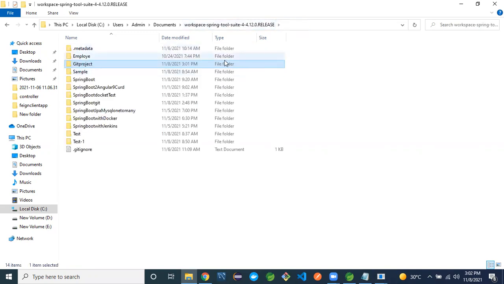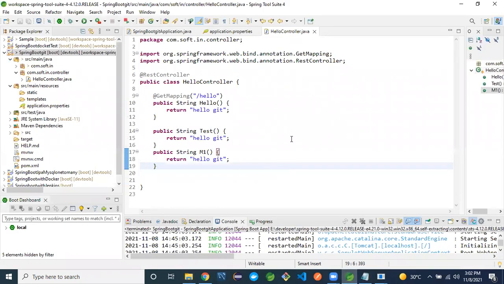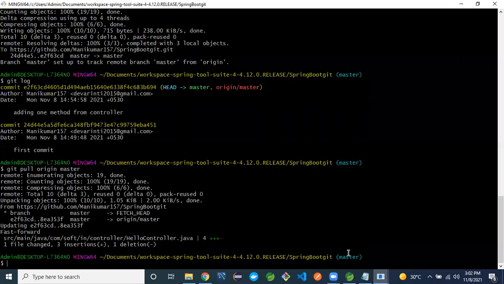How to create a branch? In this main project, we are in this project now. How to create a branch here? Git branch.